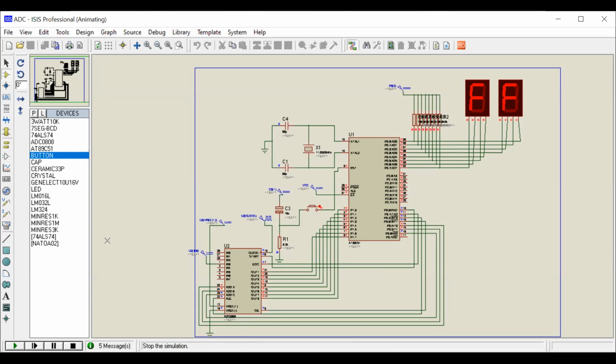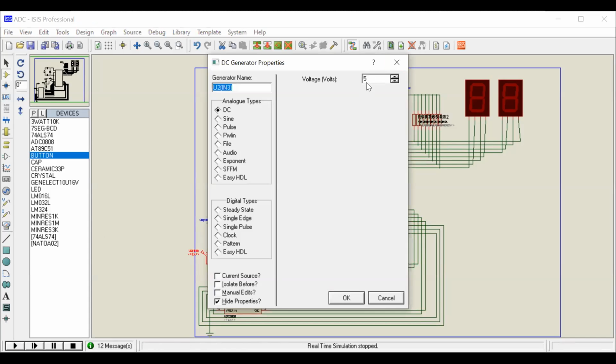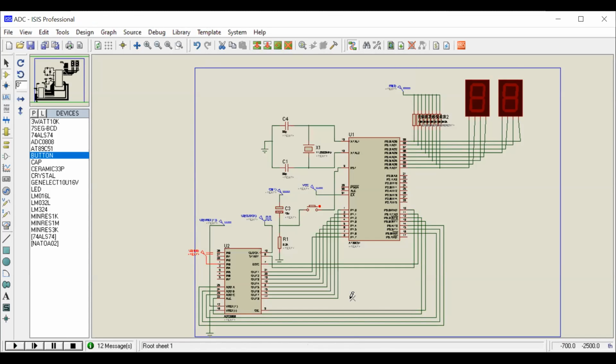Next, we will check one more intermediate value. Assume it is 2.5 volts. For 2.5 volts, the middle voltage, we get 255 divided by 2, which is 127, and 127 in hexadecimal is 7F. After execution of the simulation, we got 7F in digital format.